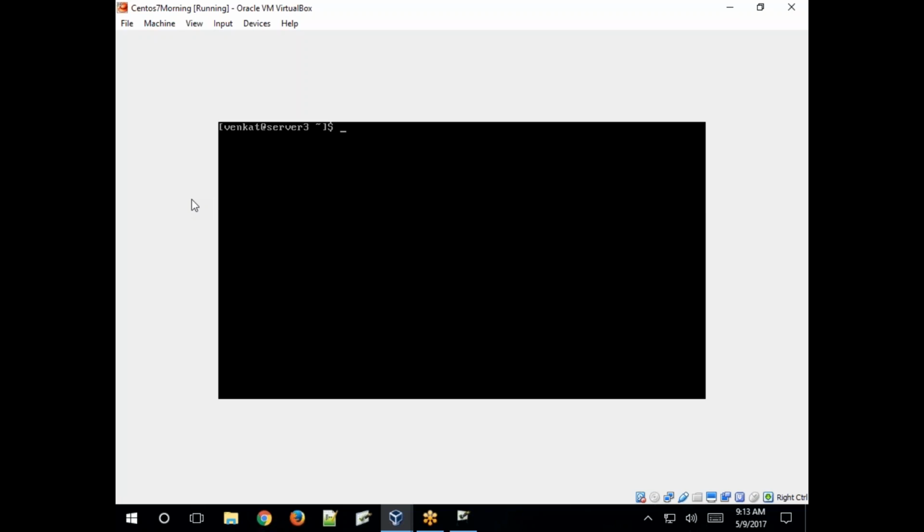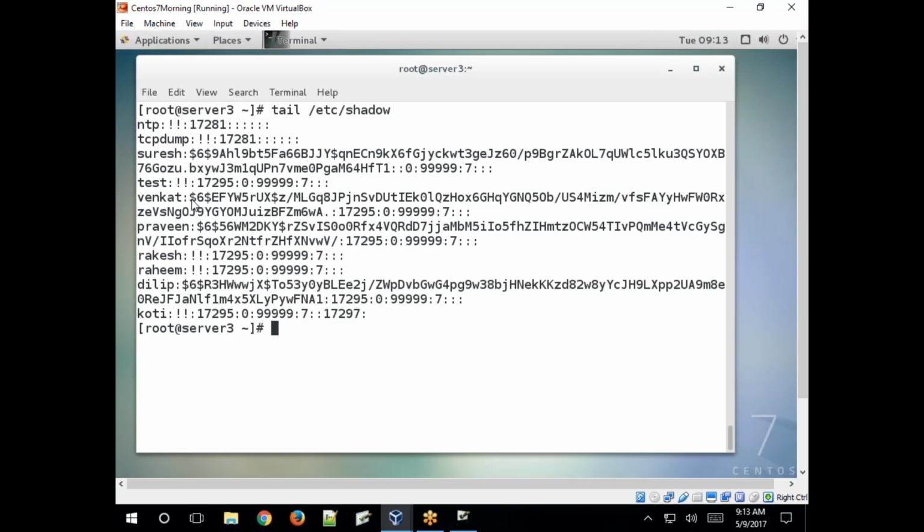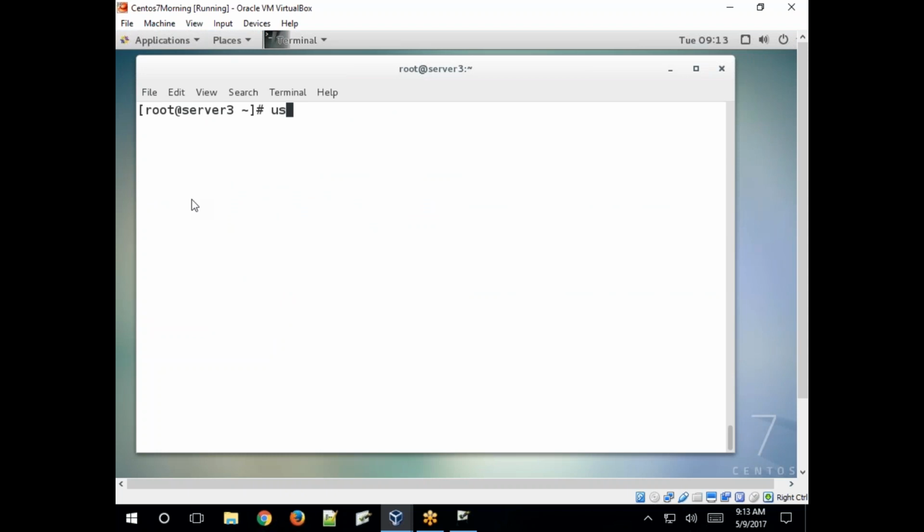Clear? So how to delete user accounts? userdel is the command to delete a user. userdel hyphen rf, then the username Venkat.